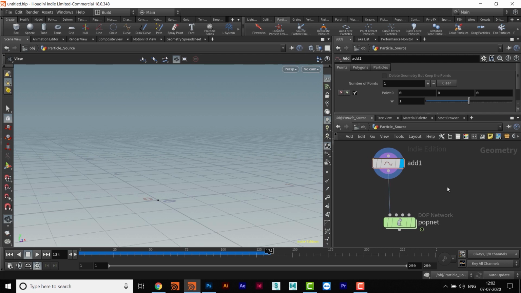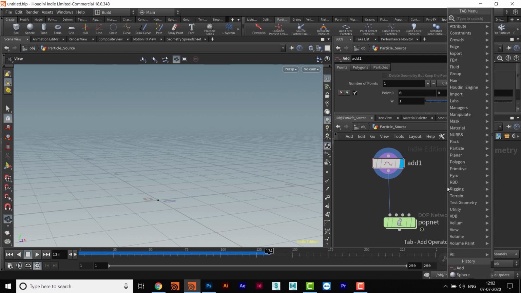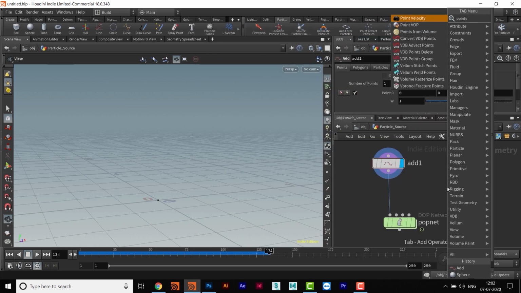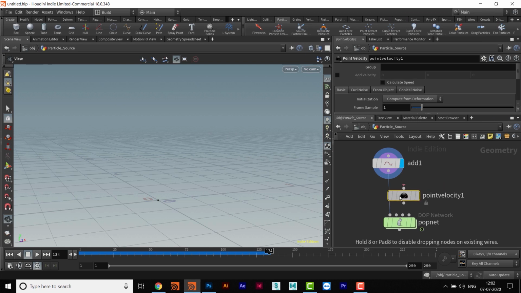We have already used this node in our last videos, and now I am going to use it again. So I will take the point velocity node here, and then I will just add it here.